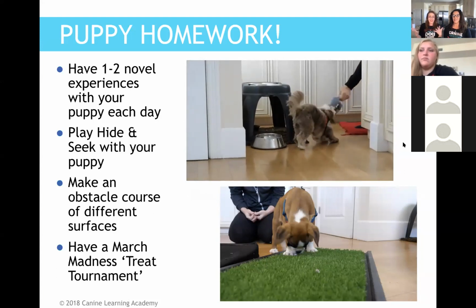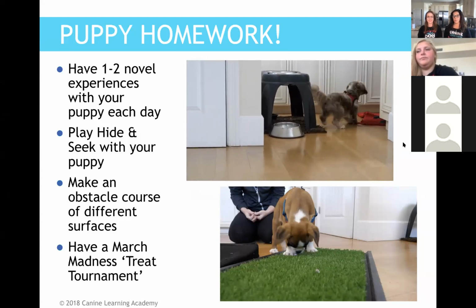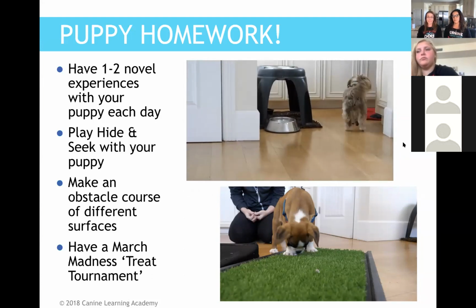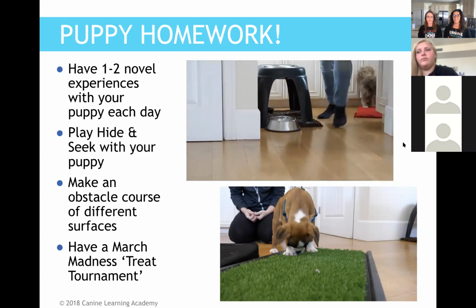Oh my gosh, I found you. And she's using 2 toys. He's using 2 toys for this game. Right. So the reward is, you found me, here's a toy, and then he's going to toss it behind him,